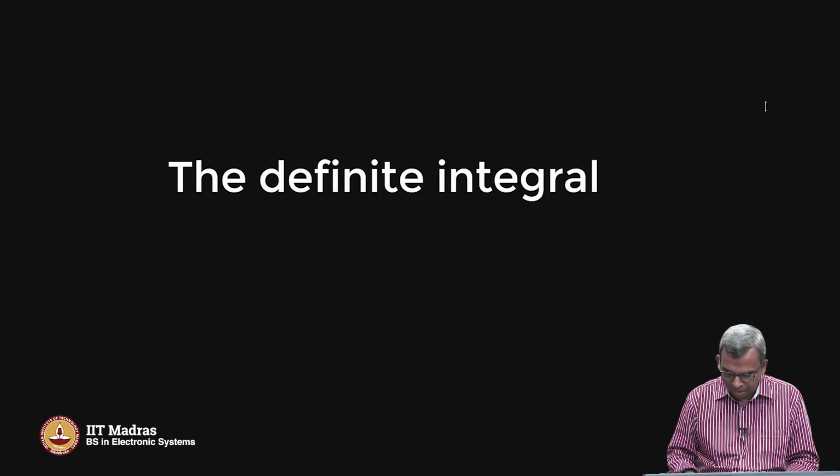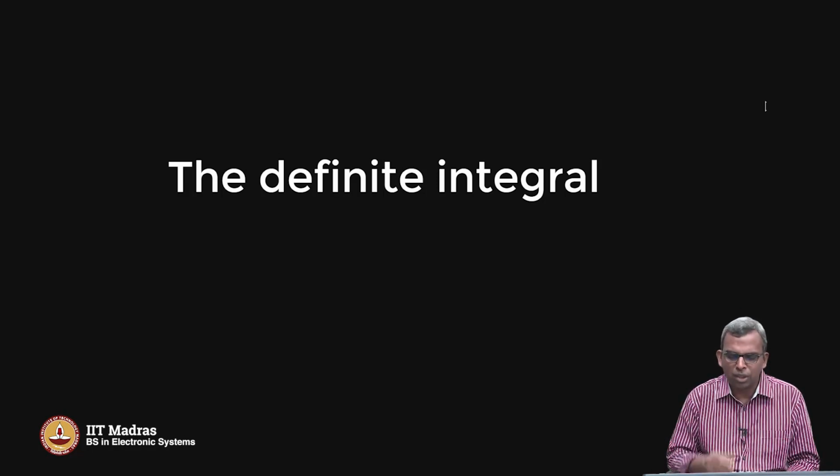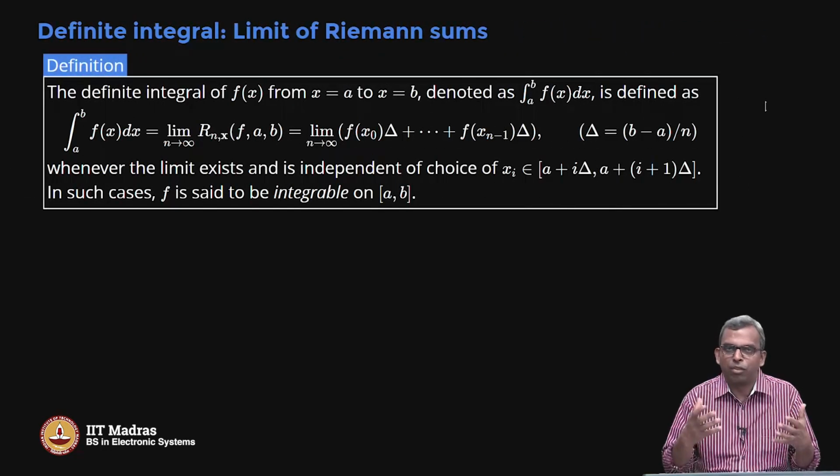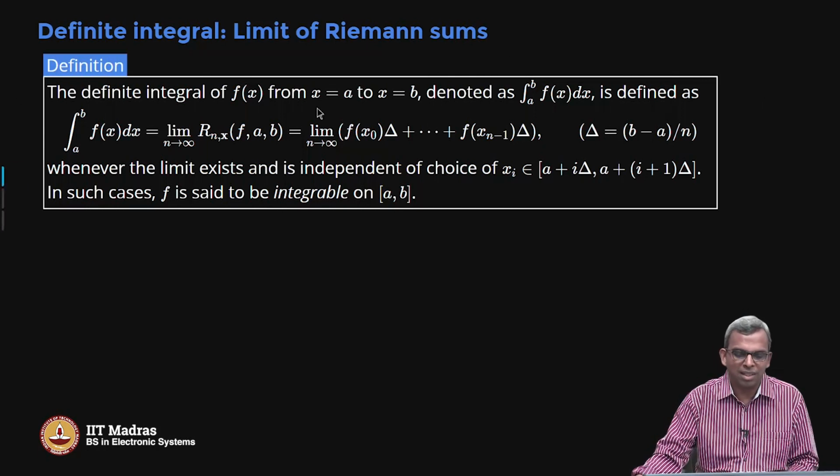Okay, so let's start with the definition of the definite integral. So this definite integral I define is also called the Riemann integral. It's one type of integral, as we will see. Okay, so here's the definition. It's basically the limit of Riemann sums. Okay, so I've put all the things here so that we have a complete definition, but it's basically the limit of